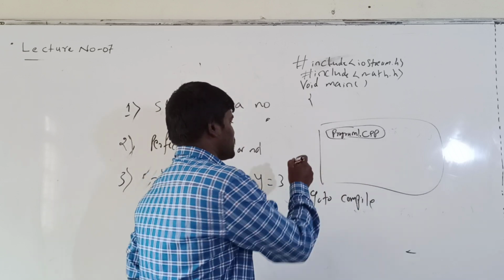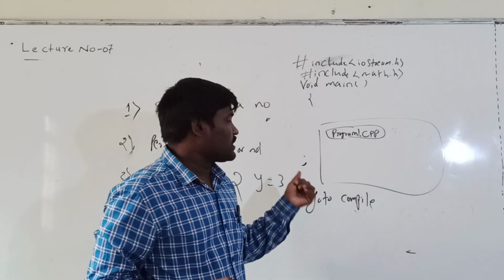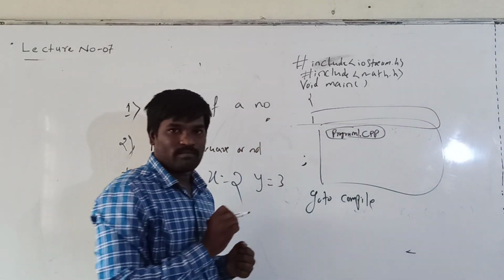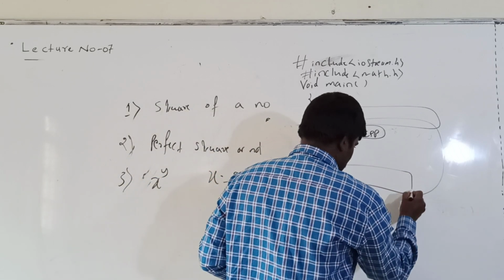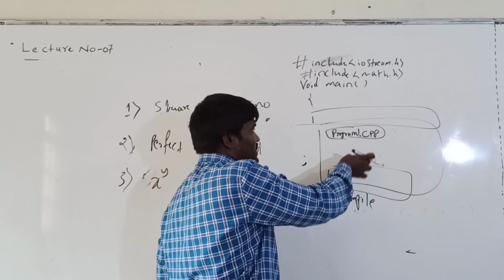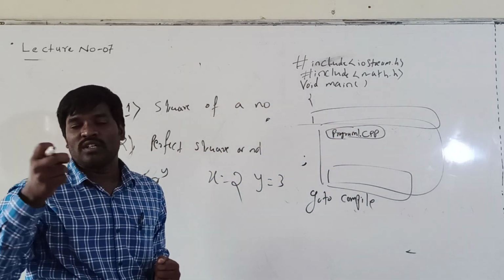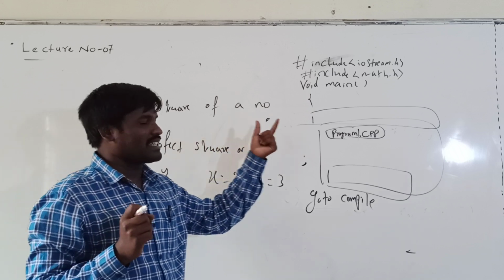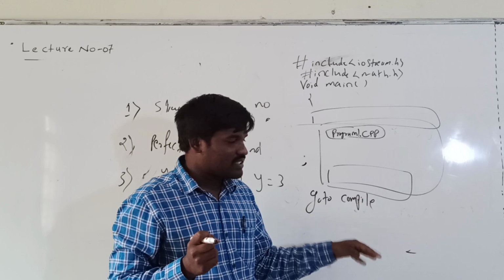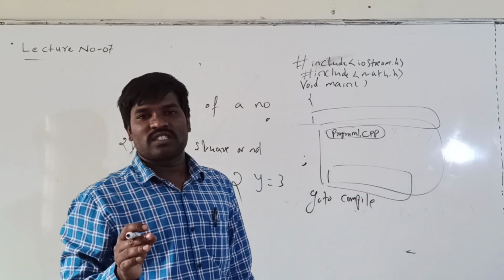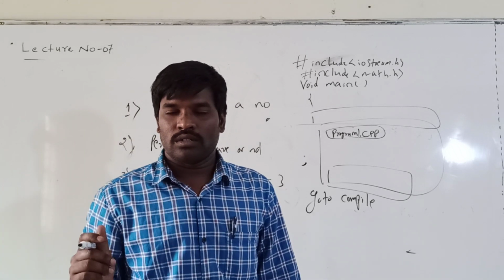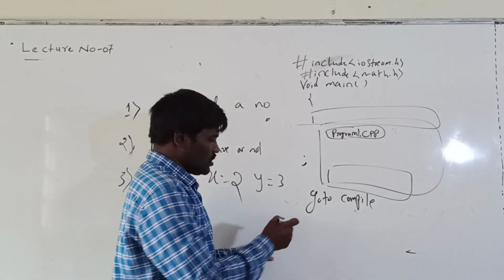For example, if I miss the semicolon, it is a syntax error, and in the third line it will be highlighted. In the menu bar some errors will be displayed. One by one you can select them. When I select the first one, that line is also selected, and you can verify the program and correct it. After that again go to Compile. If there is no error, it shows 0 errors, warnings 0. After that you can go to Run.